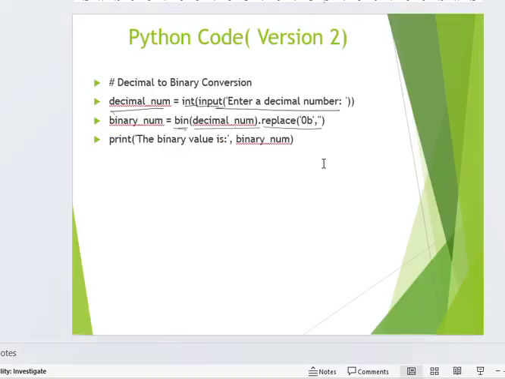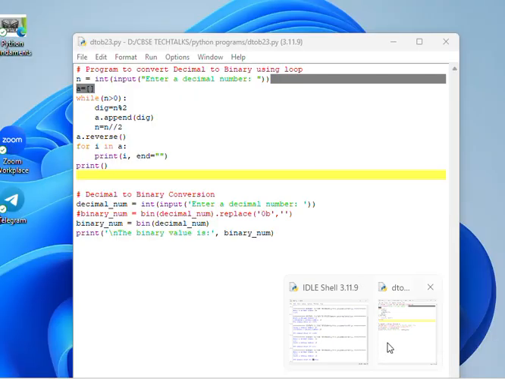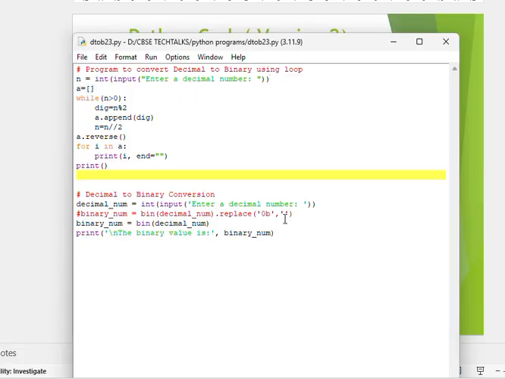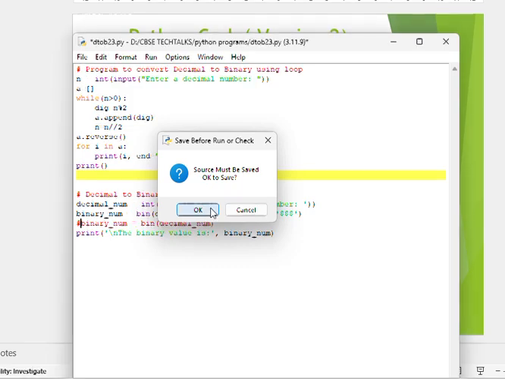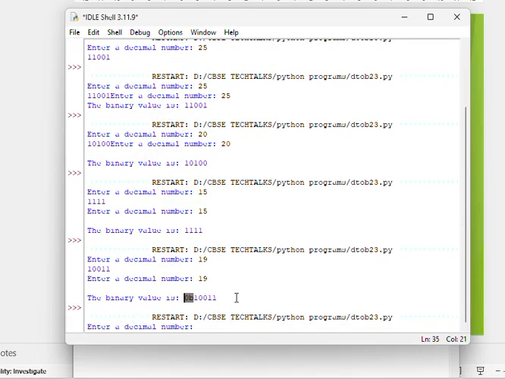Now if I put some symbols here, let's take an example, I am putting a $ sign here. You will have an idea what is the purpose of 0b. Now I am removing the comment symbol from here, and I am making this one a comment statement. Run. Click on OK, and enter the value.